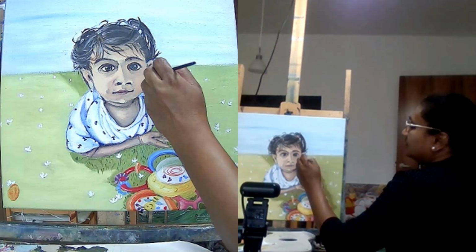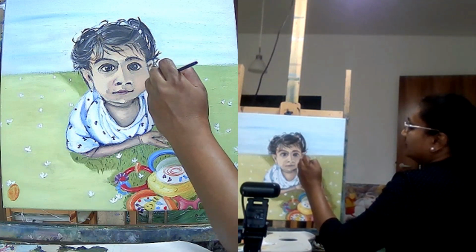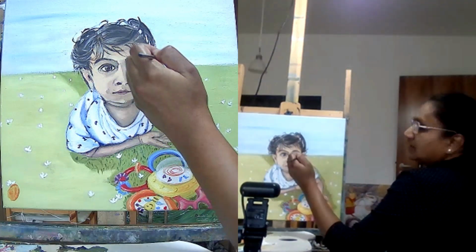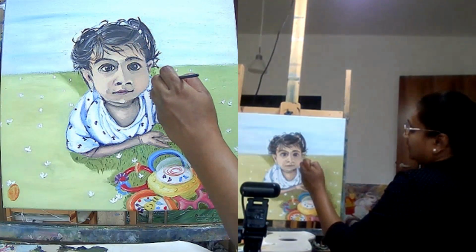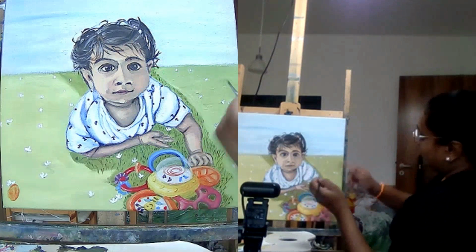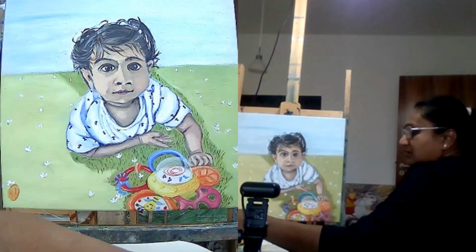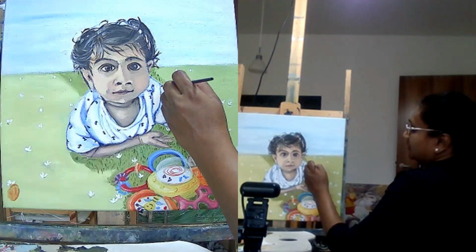That looks like a dot. I'm just doing this. Putting my brush, letting the tip of the brush alone touch the canvas. That's exactly what I'm doing here.